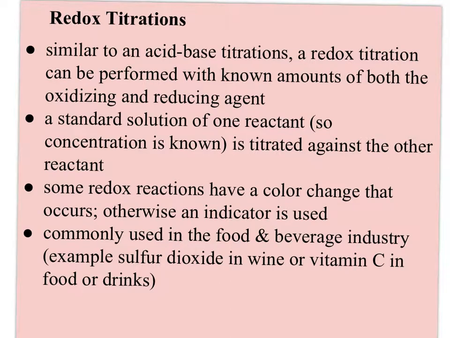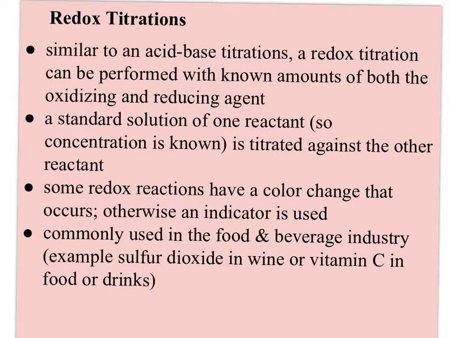Welcome. This video is going to look at the last part of section 9.1 in the Brown SLIB chemistry book and talk about redox titrations. So redox titrations are similar to an acid-base titration in that you have known amounts of both the oxidizing and reducing agent, but you know the concentration of one of the reactants and you titrate it against the other to determine its concentration. So some redox reactions will have a color change that will indicate when the reaction is complete,